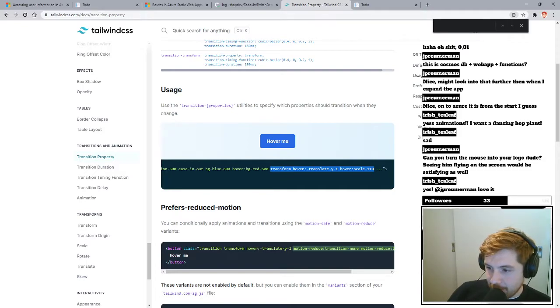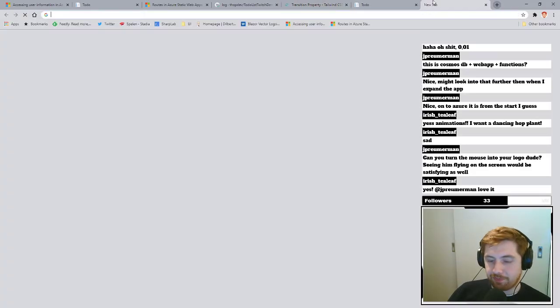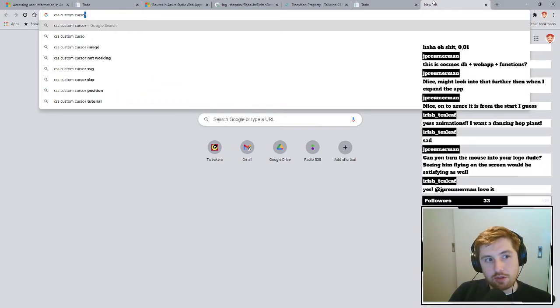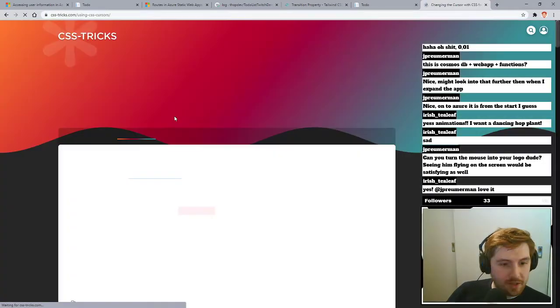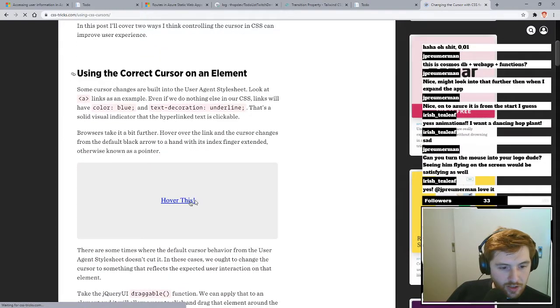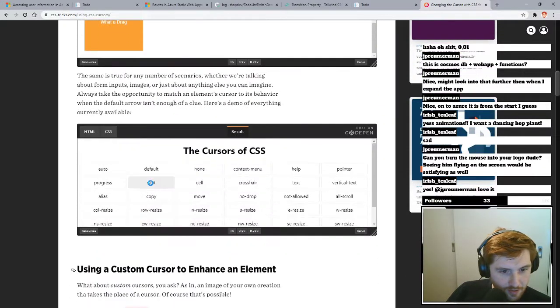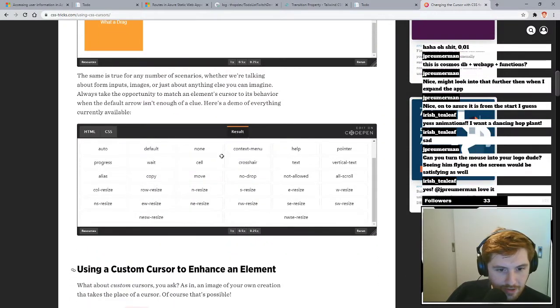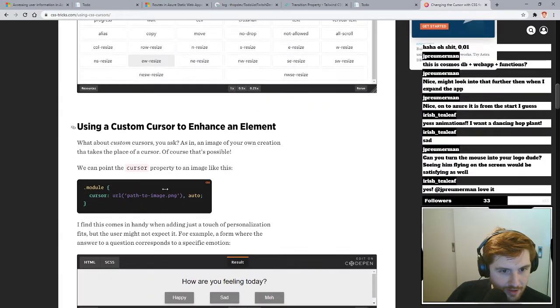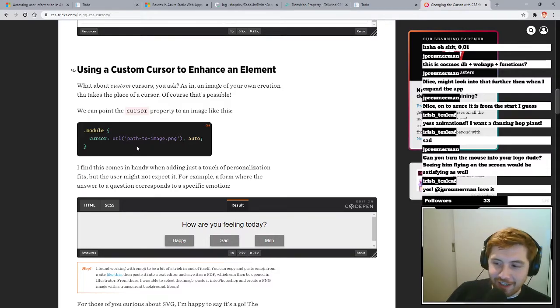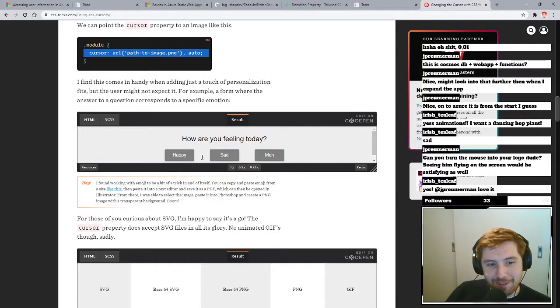Can you turn your mouse into the logo, dude? Seeing a fly on the screen would be satisfying as well. CSS custom cursor. I've seen it, I guess. Over this. Oh, we don't want stuff like that. We want our own. We can try it. Let's do this after the